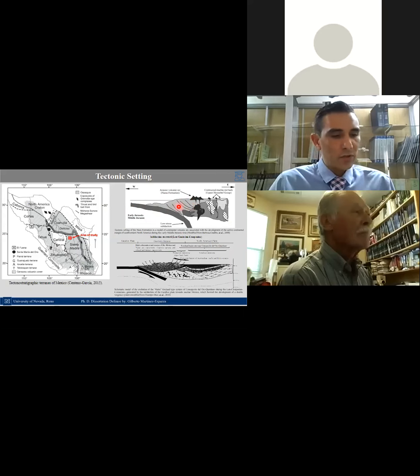Then during the early Cretaceous up to the Aptian and Albian, a passive regime prevailed, which allowed the deposition of a thick marine sedimentary sequence formed by limestones and siltstone and sometimes chert. And then by the end of the Campanian,